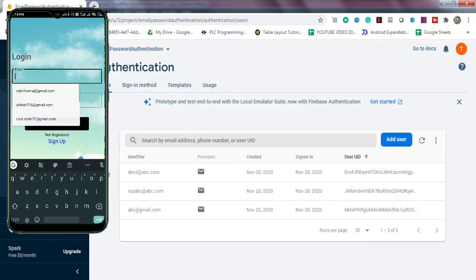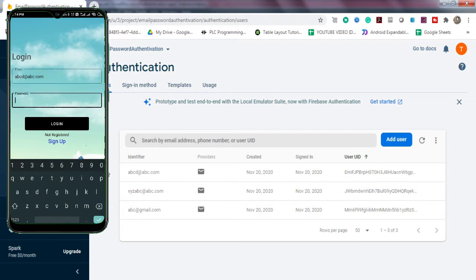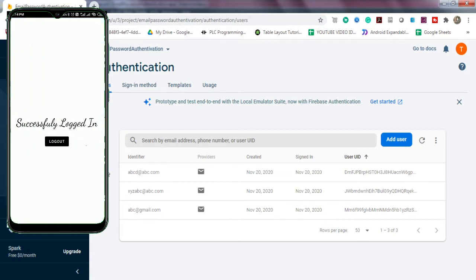If I simply put that email, and if I put the password 35678 and click on login, you can see it successfully logged in.